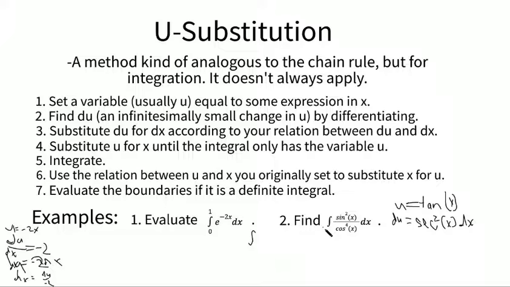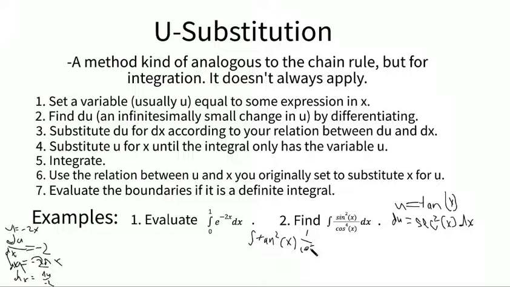So you can get rid of 2 of the cosines, and you're left with sine squared over cosine squared, and that's tangent squared, because sine over cosine is tangent. So tangent squared of x, and we are left with 1 over